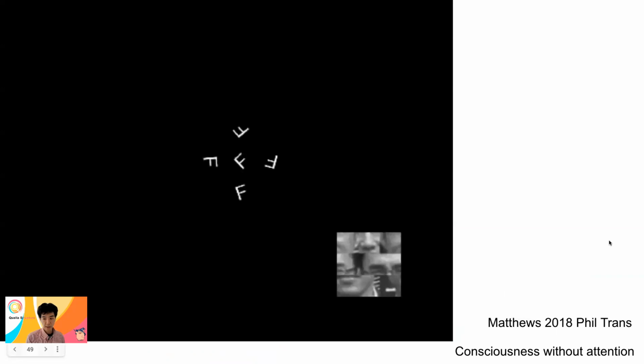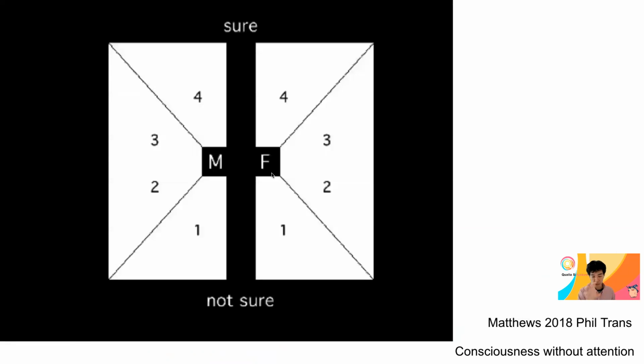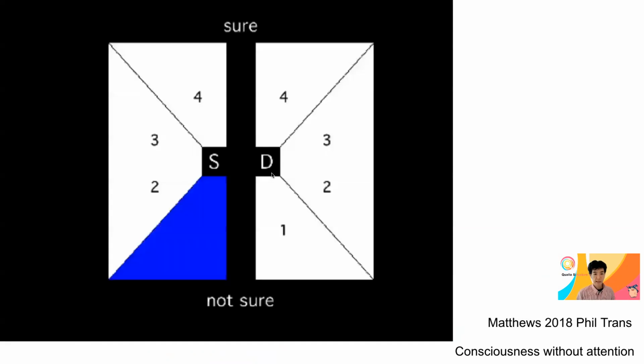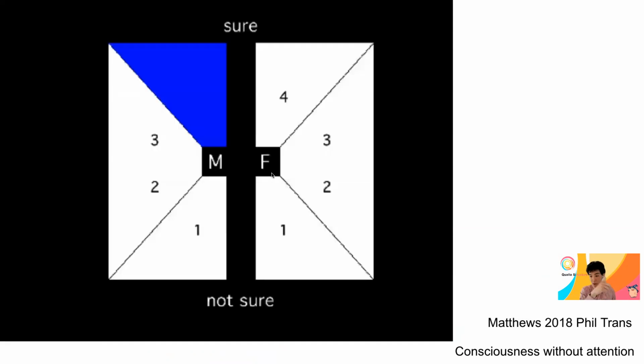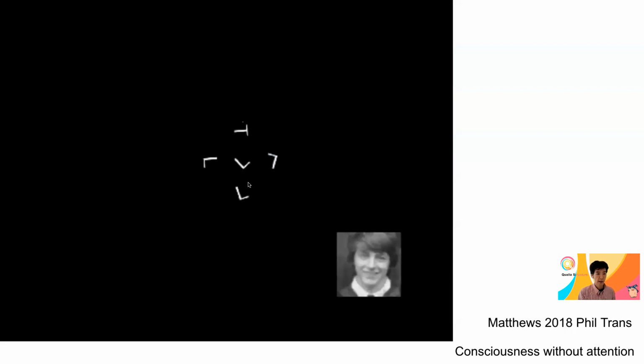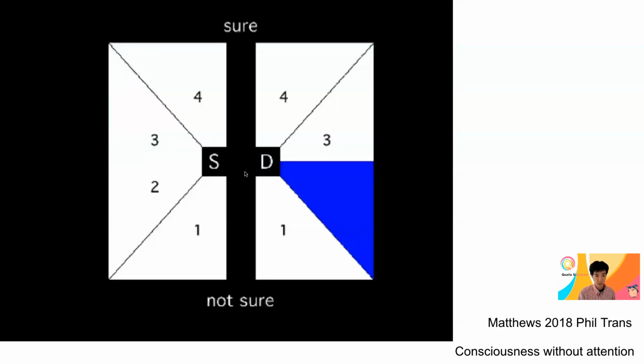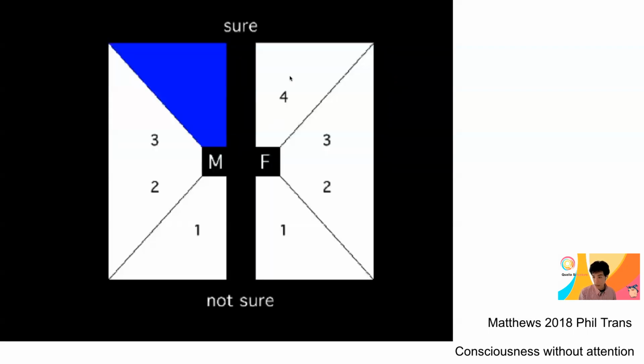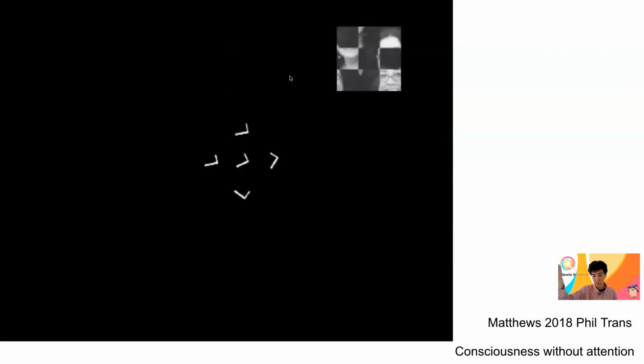So Julian's task looks like this. After the standard presentation of the dual task stimulus, we ask for the response about same or different for the central task, or male or female for the peripheral task, with this kind of display. And the subjects are going to click one of the locations to report both same or different, and also male or female, just 2 clicks, right? So for example, here, in the next trial, this is all L plus T, so it was different. And I was confident, so I would just click the 4 different, right?